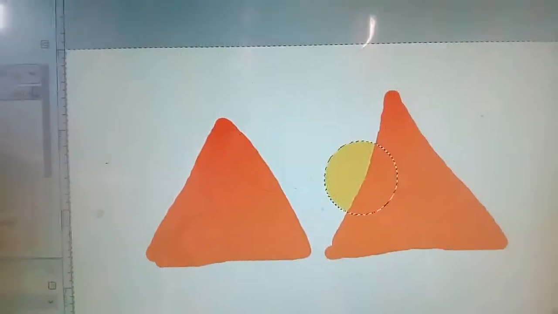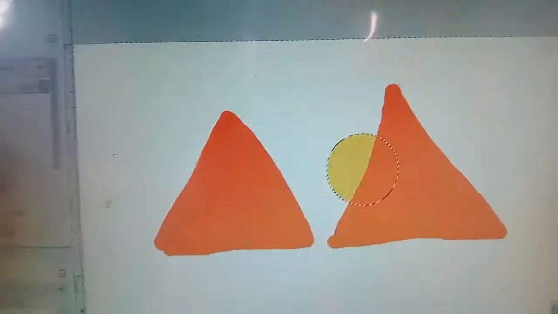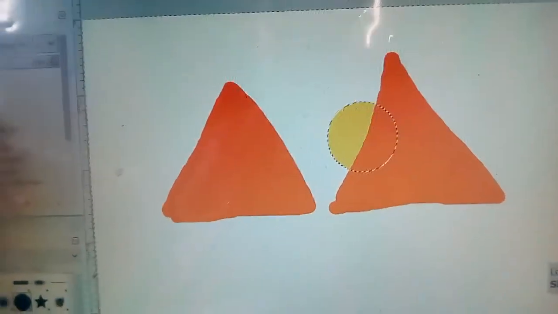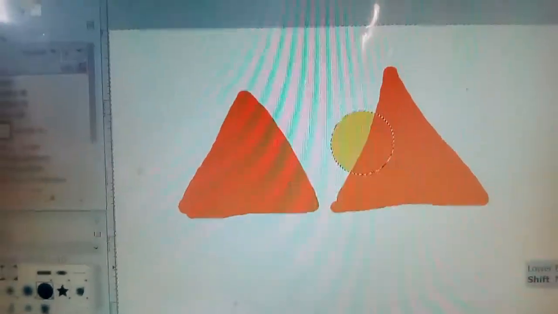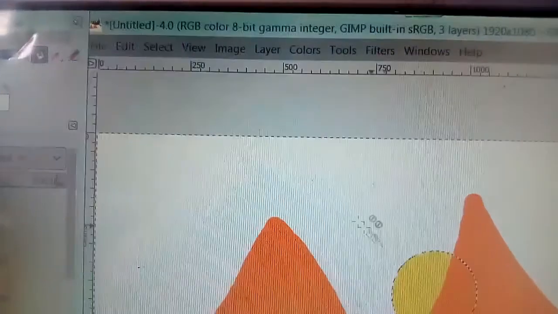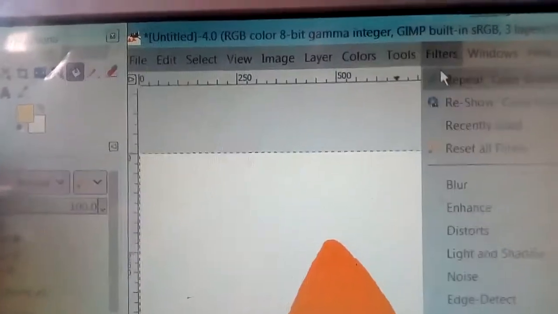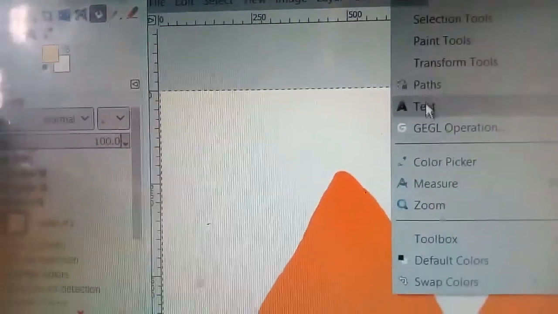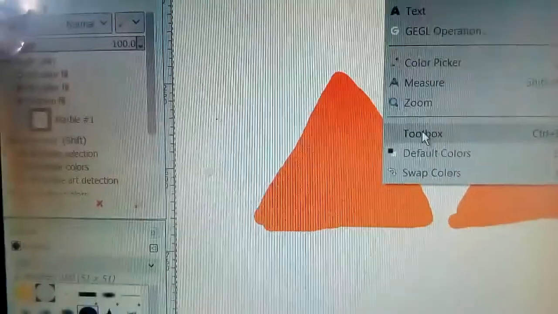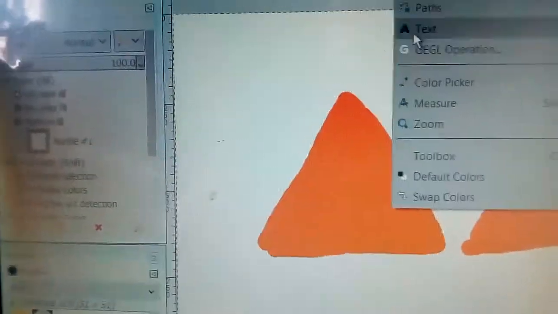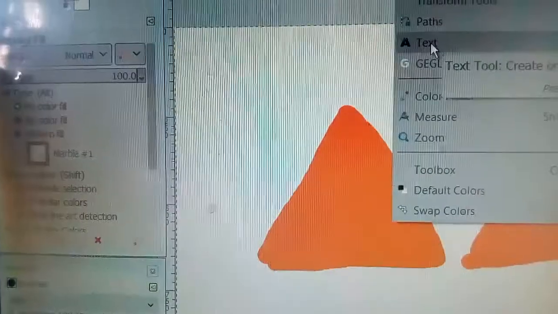Now next thing, this was moving layer. Deleting layer I will show you afterwards. Before that, adding text. How will you add the text on the image? For that, first you have to click on the tools menu. Okay, so you can see over here the tools menu. So click over there. You can see here the text, and then toolbox. Okay, so which option you want? Suppose you want to insert text, so first click on the text.